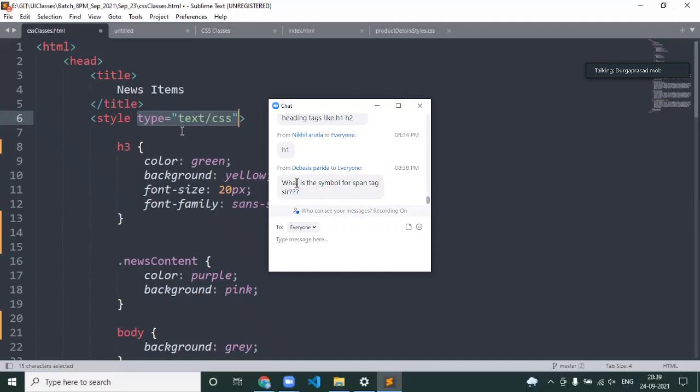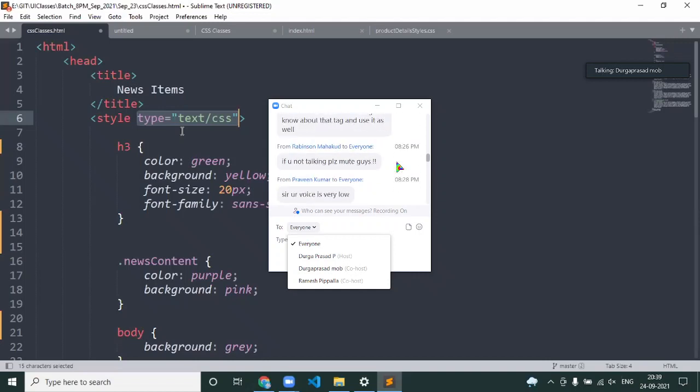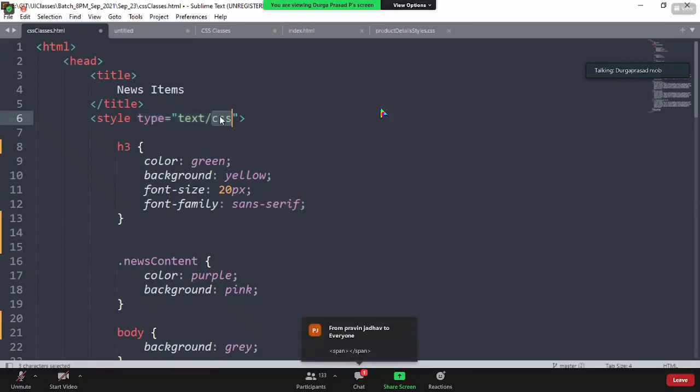When we are interacting with the server, we need to specify what type of content we are going to retrieve from the server. There you need to specify content type as text, as JSON, as raw content. At that time, we'll see the different values. But for the style tag, the only option we have is text/CSS.